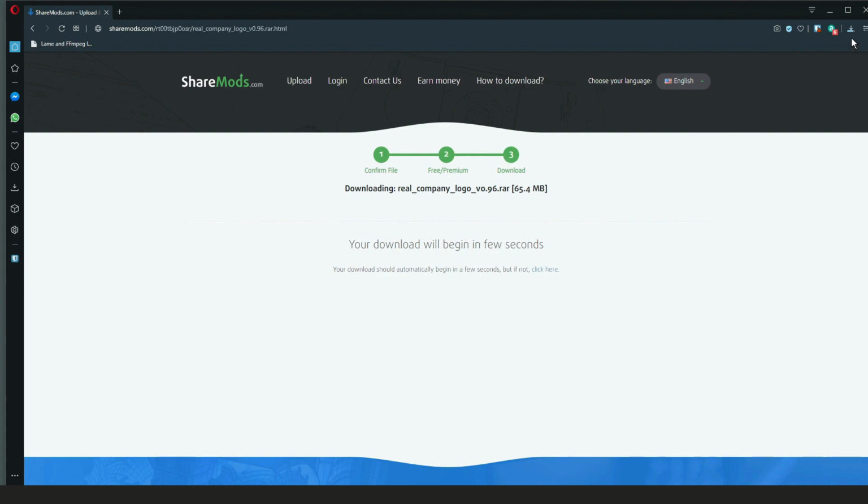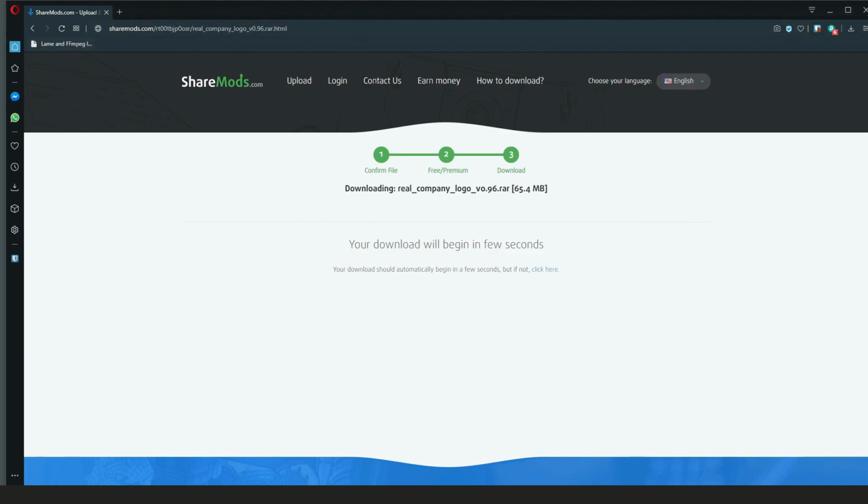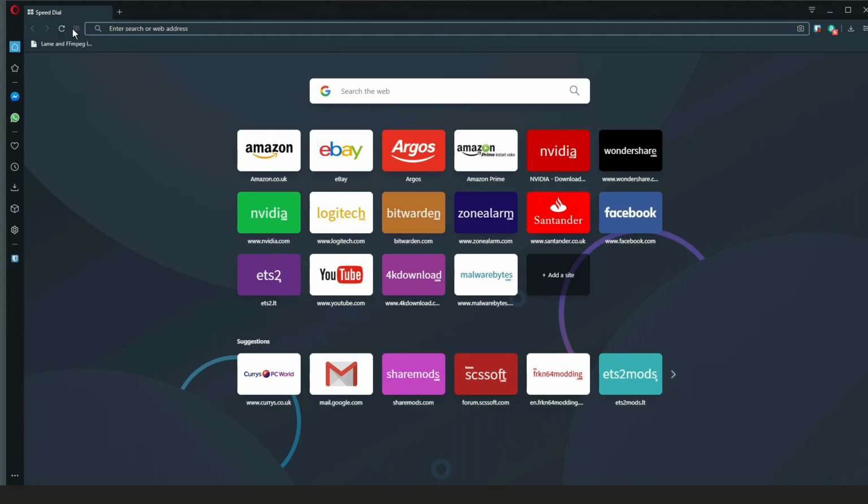Once we have it, it's just clicking up here. Just check it's there. There it is. I'll be scanning that in a bit. Okay, so let's come back out of share mods. So that's the SCS forum. Now you can come in. We've seen